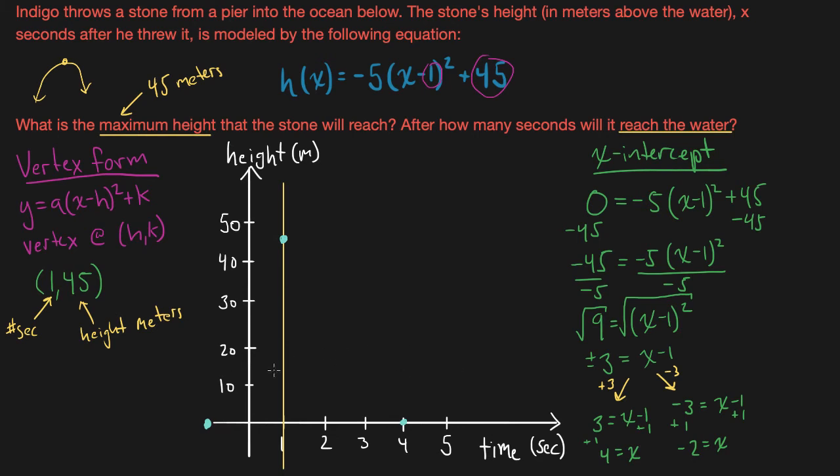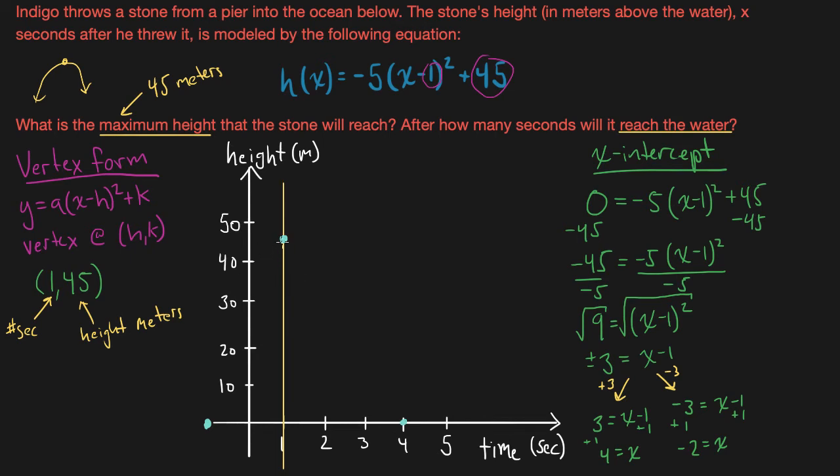But a quick but very important point: this equation only models the trajectory or the stone's height. It only models the stone's height when x is positive. So if you think about it,